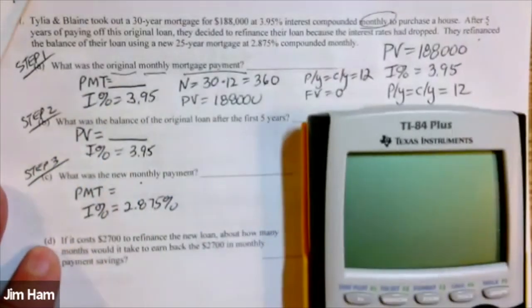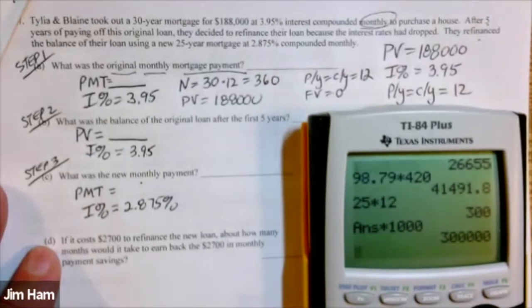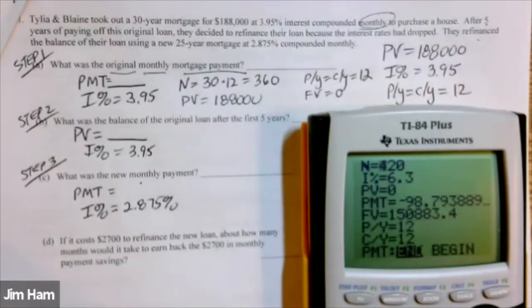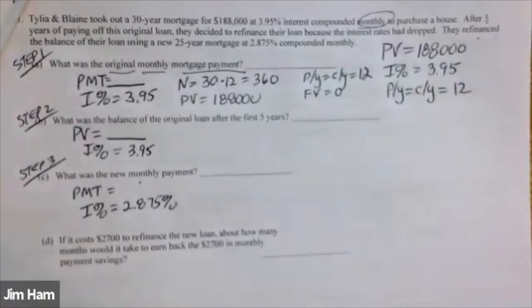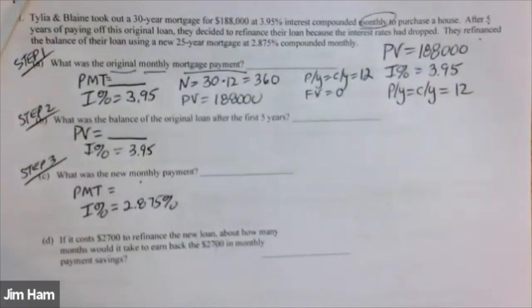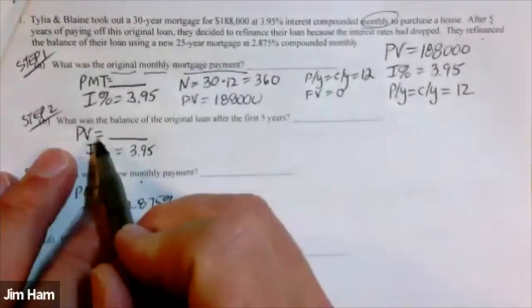So we'll do the TVM Solver to do this quickly. And maybe I'll just do all of these together just to show you that as you go from one step to the next, you change one number and recalculate something else. And then when you go to the next step, change one number and go to something else. All right, so here,